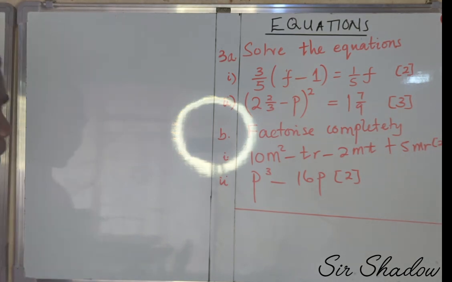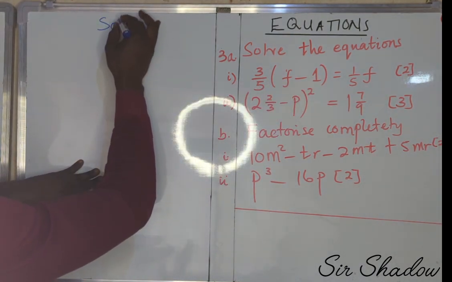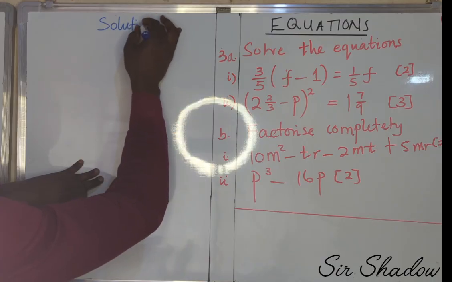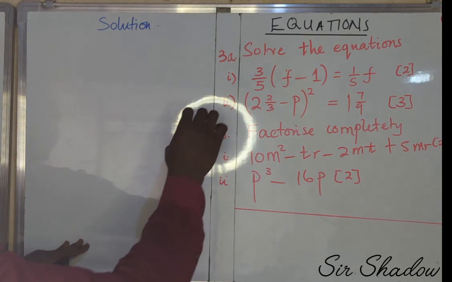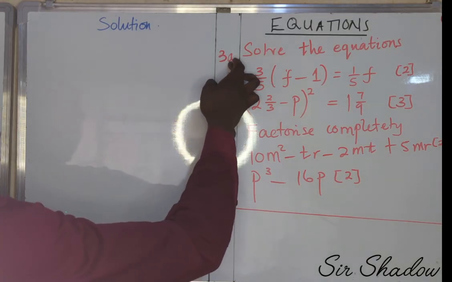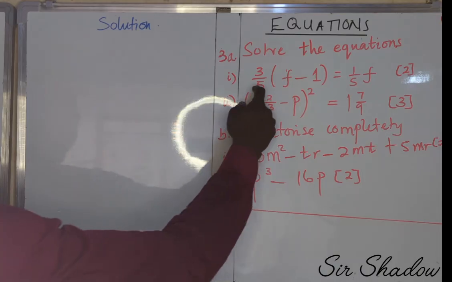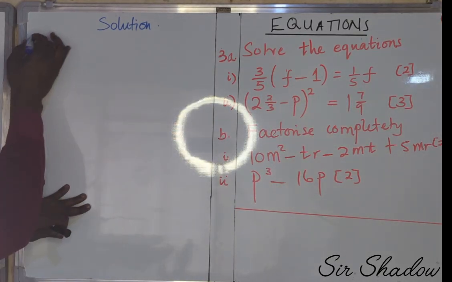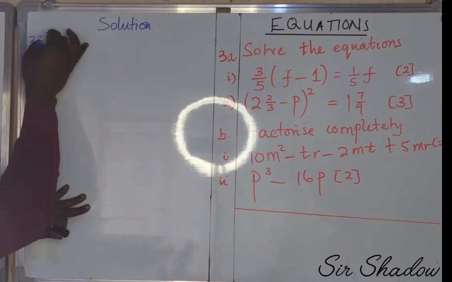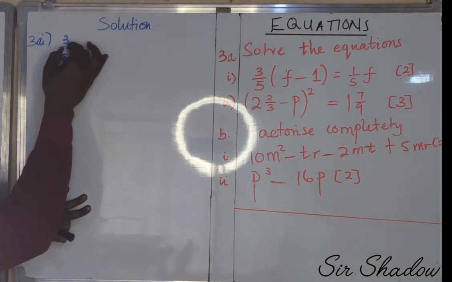All right, so let's focus on the solution now. The first question we are given is 3a. Solve the equations. We are given item 1, then item 2. For now, we're going to focus on the first equation, which is 3a item 1. We are given 3 over 5,